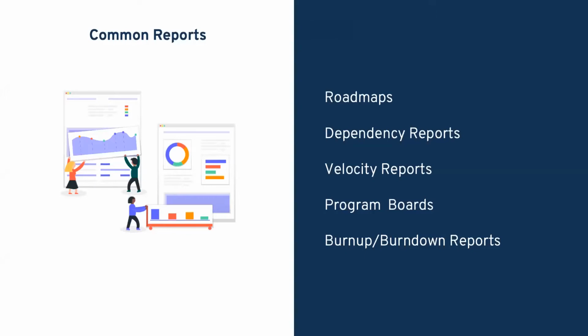Burn up and burn down charts are not just at the sprint level, but also for each program increment. Seeing the burn up and burn down for each sprint and PI helps answer critical questions around performance so that decisions can be made for future sprints and PIs. In order to get many of these common reports and tools, you require a marketplace application that works with Jira software,